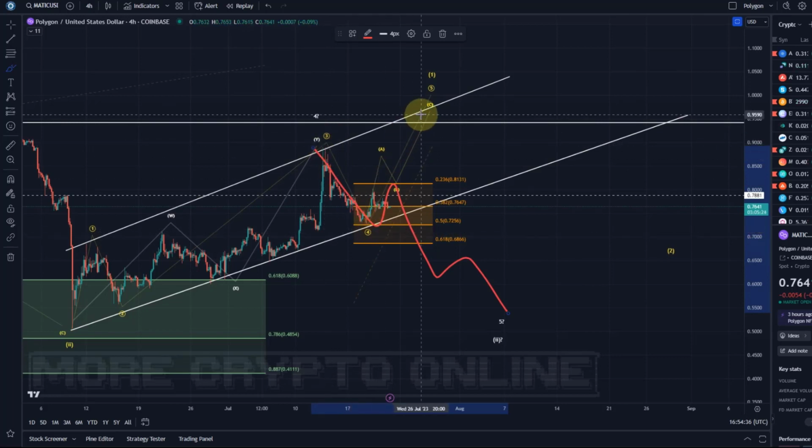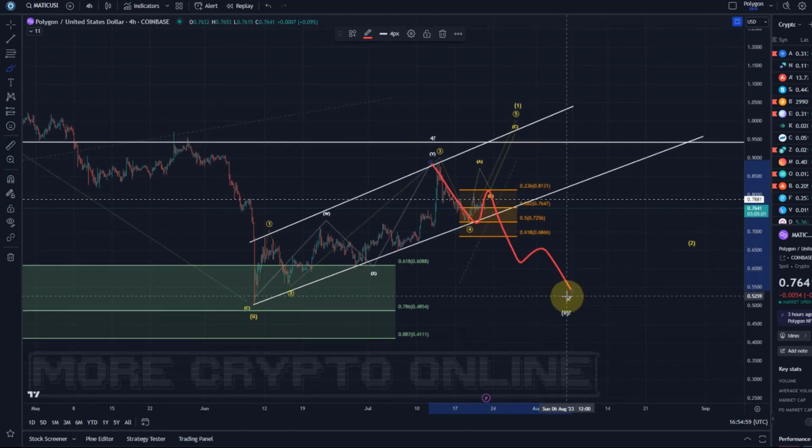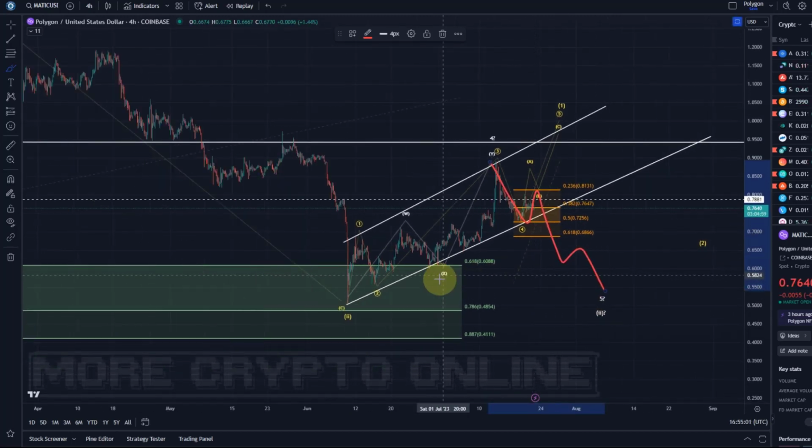Okay, maybe we get one more high, and if we can hold the orange support area, as long as it's holding 68 cents, there is a good chance for one more high. And then we take a look from there. Until then, if it breaks below 68 cents, then I think the white wave count here and the red pathway to lower prices is very likely. Now, that would not necessarily mean new bear market lows, okay? It could just be another low, a higher low, obviously above the bear market low.